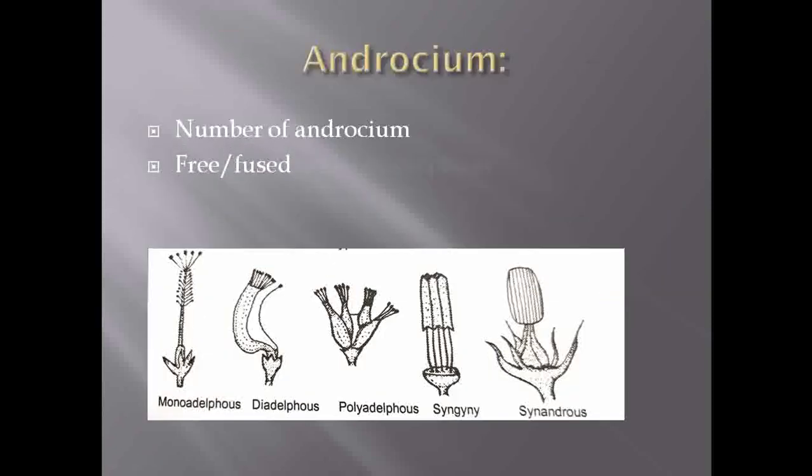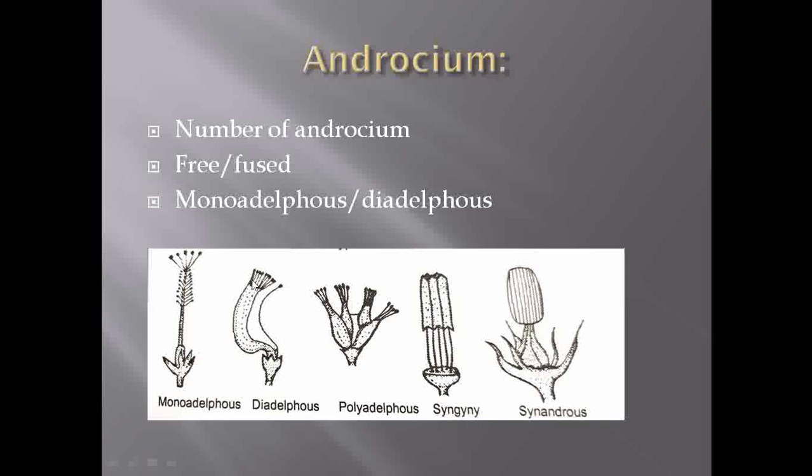The next comes the androecium. While describing the androecium, we must know how many stamens or anthers are present. Then whether they are free. If they are free, it is called apocarpous, and if they are fused, it is called syncarpous. Then whether they are monoadelphous or diadelphous. So see here, this one is the monoadelphous condition. Here all the anthers are present in a single group. Then the diadelphous condition means, see here,